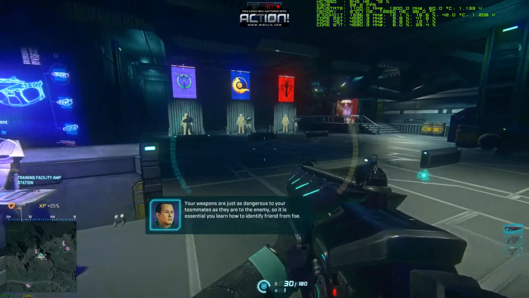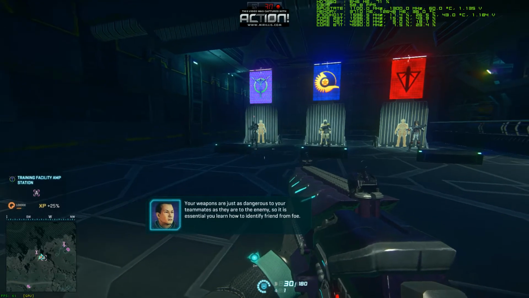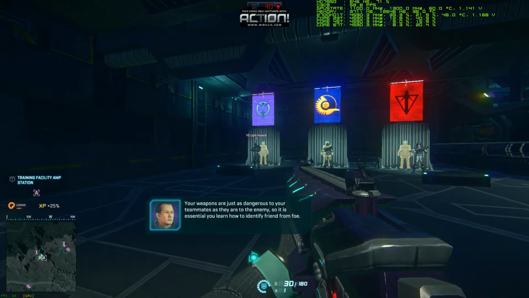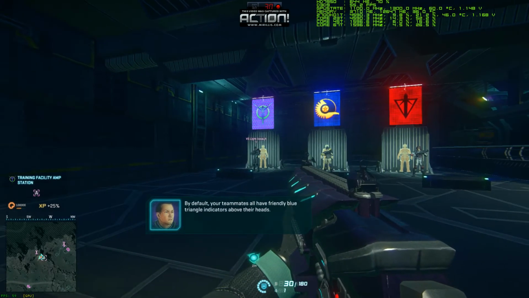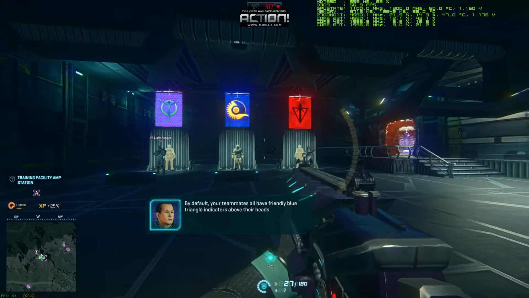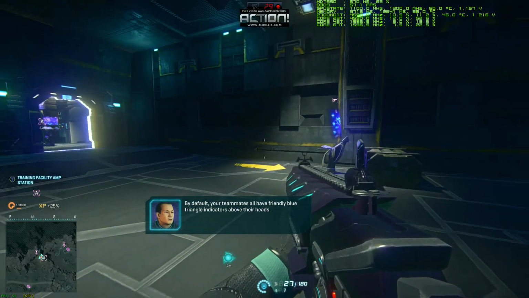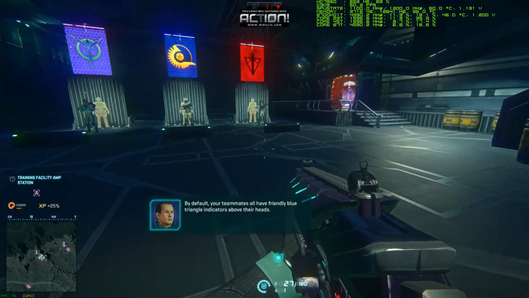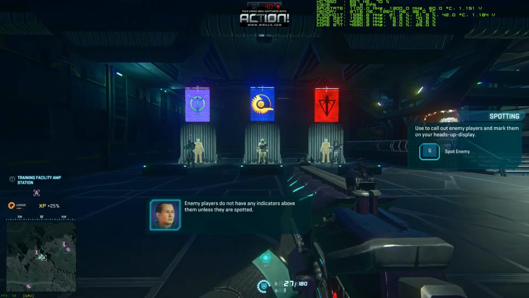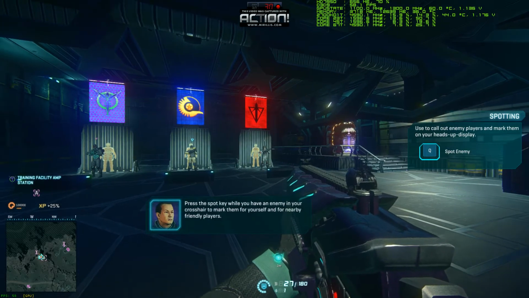Your weapons are just as dangerous to your teammates as they are to the enemy, so it is essential you learn how to identify friend from foe. By default, your teammates all have friendly blue triangled indicators above their heads, and their names show up when you point your crosshair near them. Enemy players do not have any indicators above them unless they are spotted. Press the spot key while